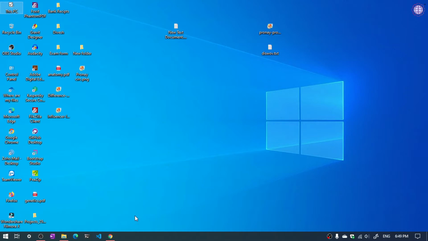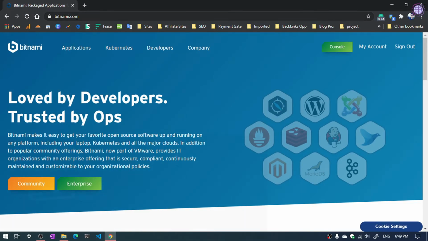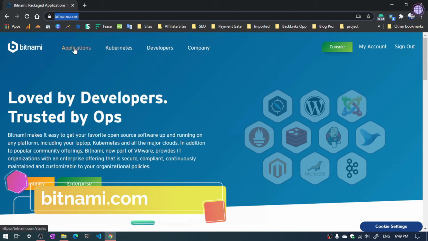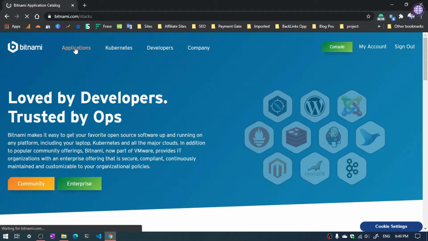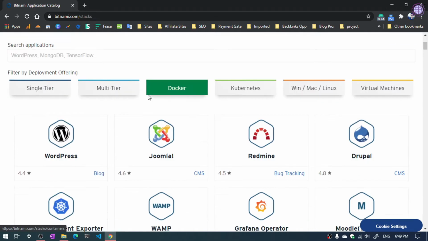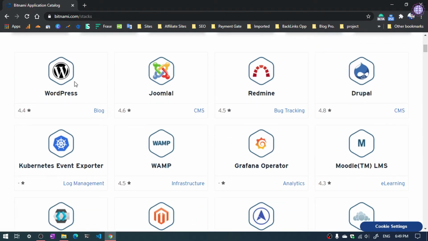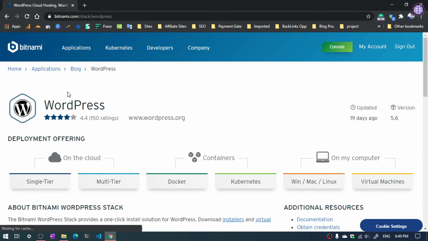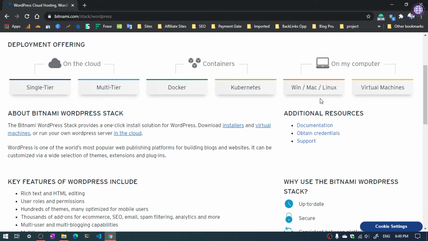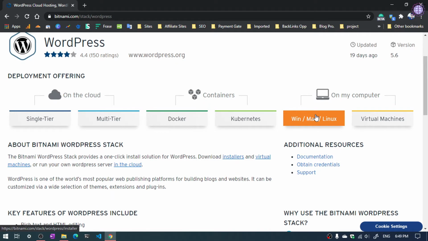First of all, we are going to open our Chrome browser, then open bitnami.com, then click Applications. The first option you can see is WordPress. You need to click here. After that, you need to select virtual machine or Windows, Mac or Linux. So I'm going to select the Windows, Mac and Linux option because I want to install on my local PC. So just click here